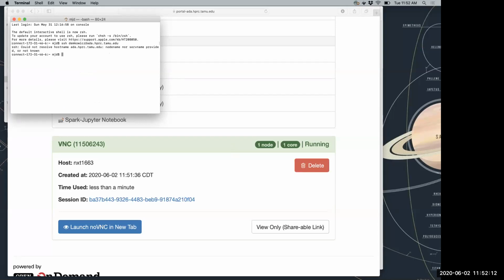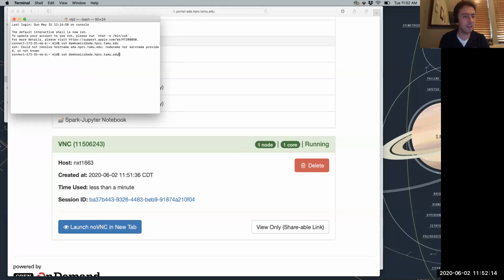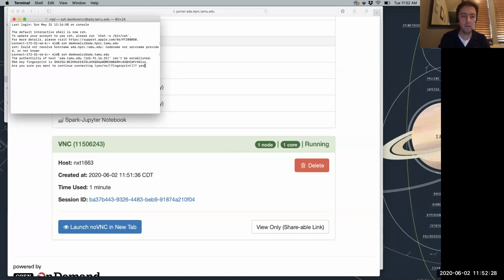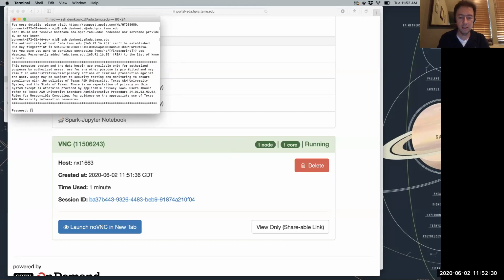If you want graphics, you need to use the capital Y option. I don't think I have Xterm here. Okay, so there we go. I just log in.